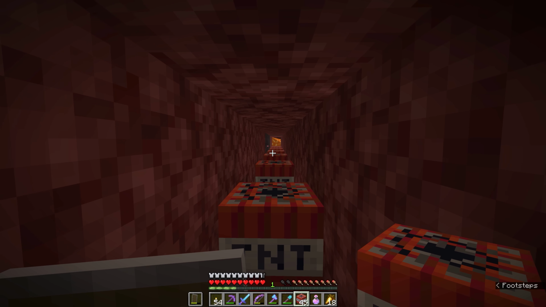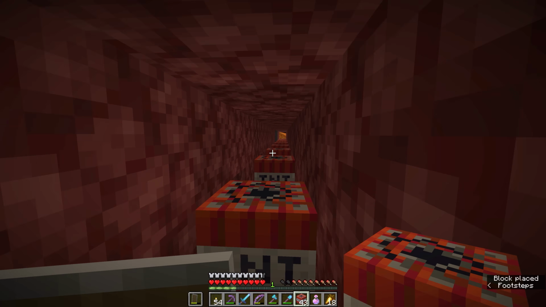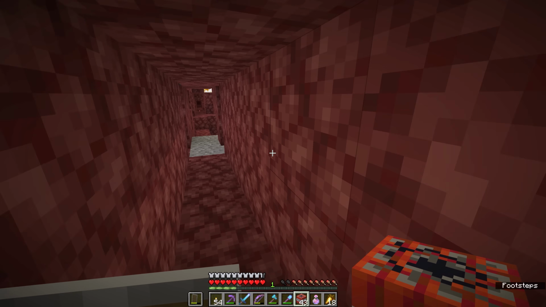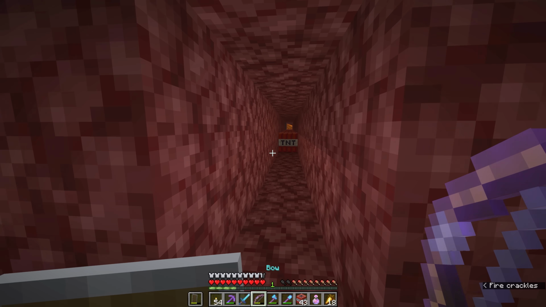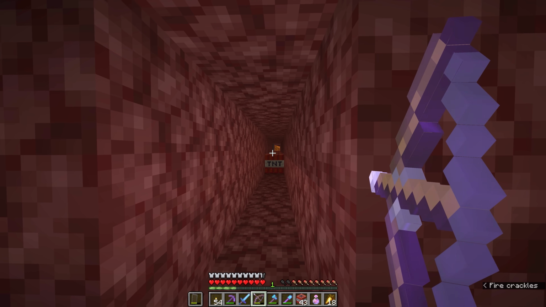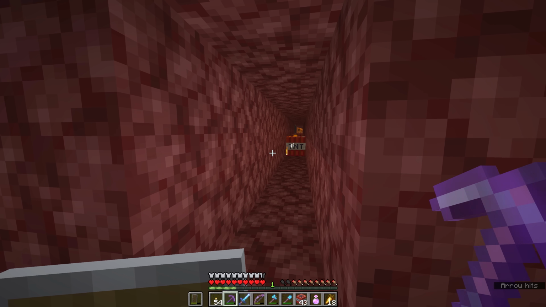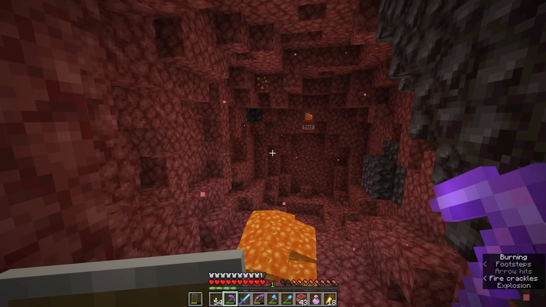If you've got fire spread turned on though, if you didn't disable that in your game rules when you created the world, then there is a chance that the lava will actually set fire to the TNT and light it. So that's one thing you've got to be aware of when you're using this method. But with a flame enchanted bow, if you step back and shoot the TNT from a distance with an arrow, that will light it, and you should be able to see a chain reaction of TNT going down the tunnel,